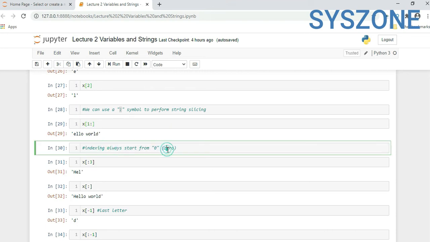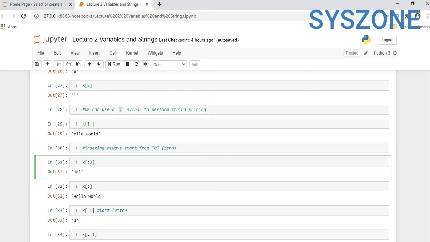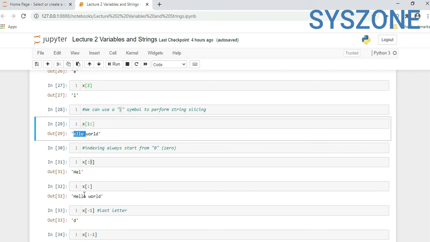Indexing always starts with 0. Now here if you see, my start position is blank, means it will by default take 0 as an index, and here is 3, so it will always take minus 1, means 2. So from this hello world, by default 0 means it will start with h e. l is at second position from hello world.